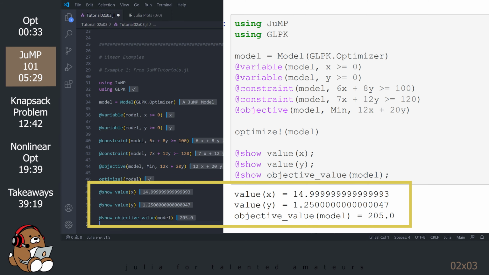It looks like we got the same answers as in the tutorial, which is a good sign. However, you might be wondering, when in the world am I ever going to need this? Why would I ever need to find the minimum value of 12x plus 20y? As it turns out, optimization is used a lot in the real world. However, because this example is so abstract, it's difficult to see the usefulness of it.